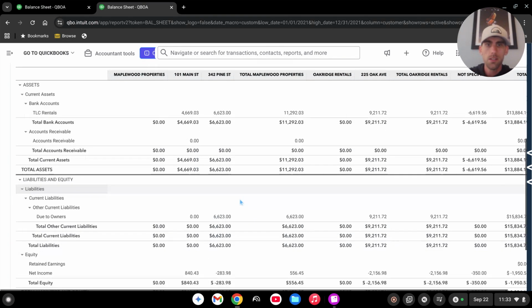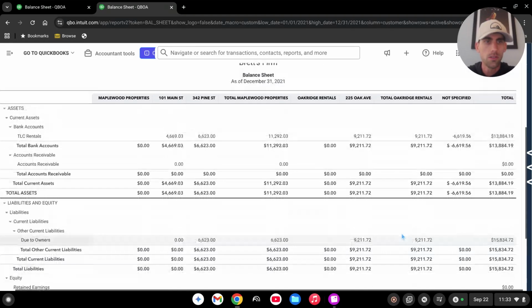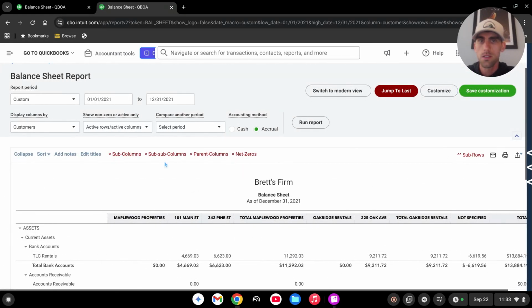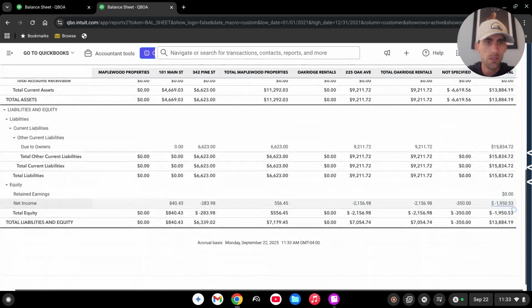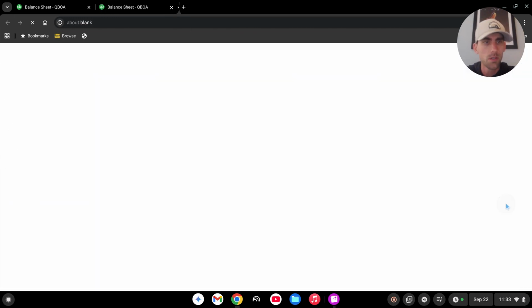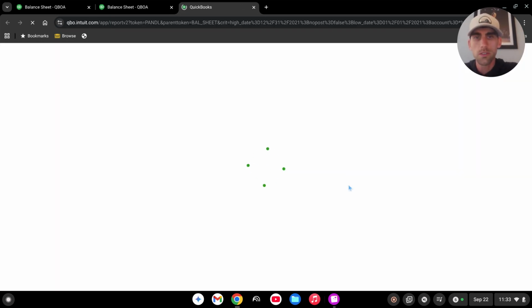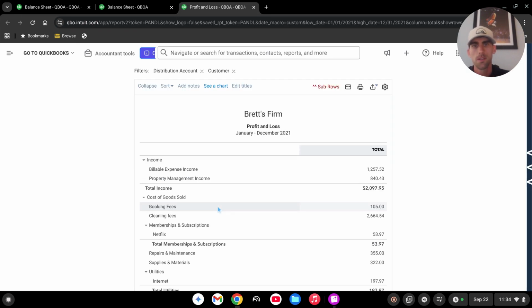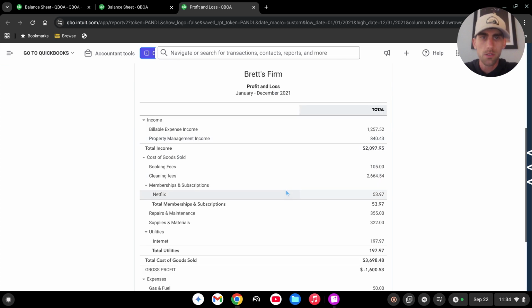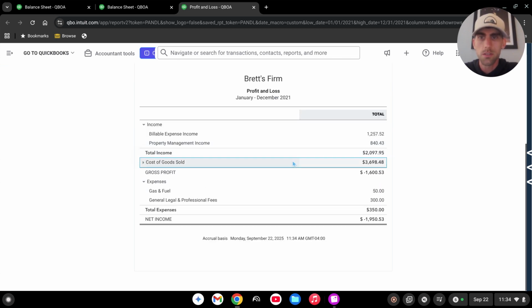Okay. Now let's go to the total for the net income, just to see what this looks like for the whole picture of it. We haven't been paid from the other two properties yet. We haven't created an invoice and we haven't paid out our customer. But I just want to show you that when this evens out